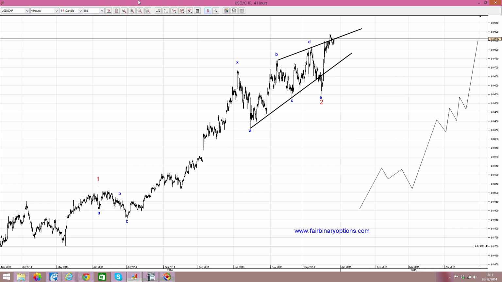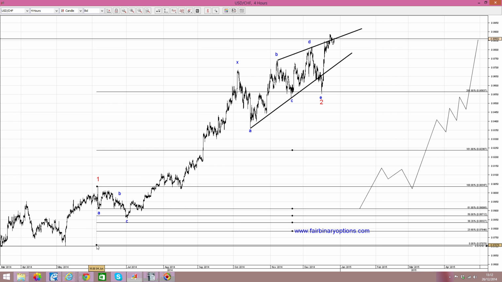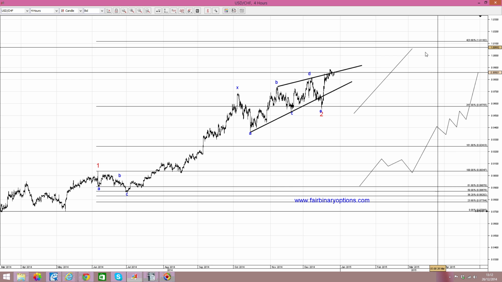So all you have to do is take a Fibonacci retracement, then measure 161.8 out of this move, and take the outcome and put it at the end of the second wave here, then we have something like